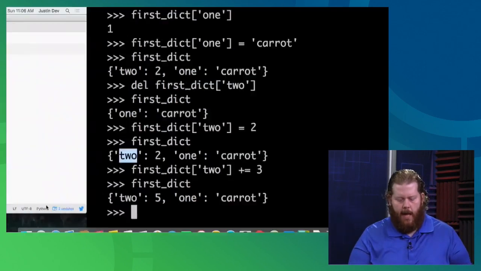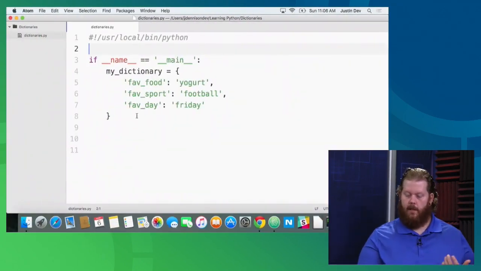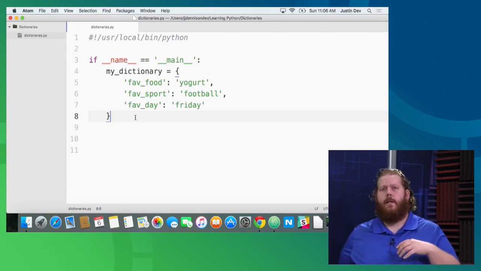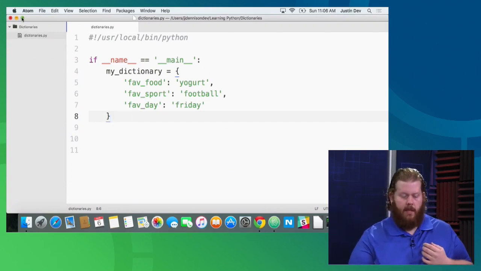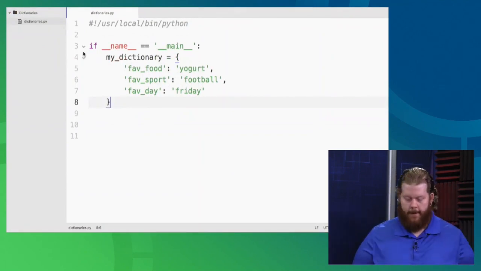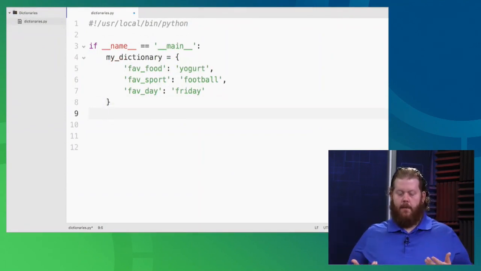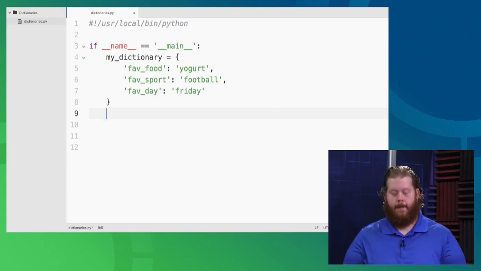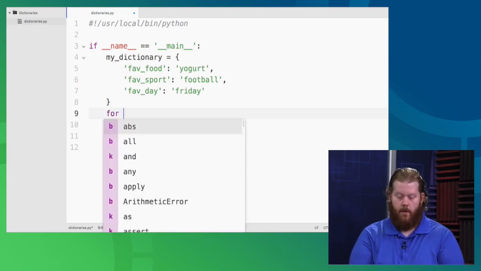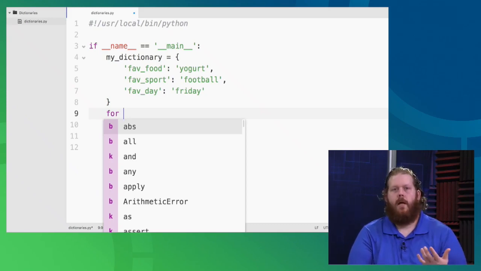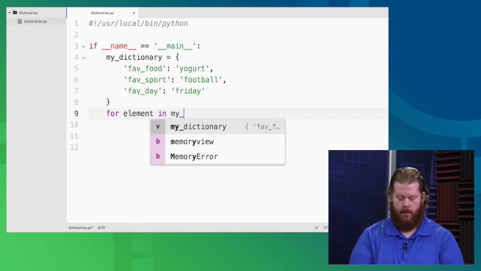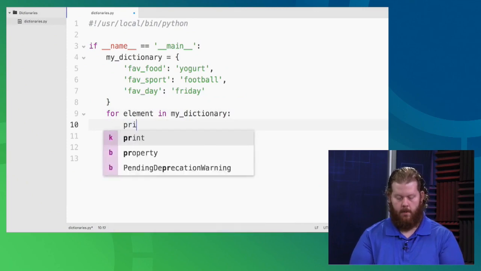And I defined a dictionary like this, and I want to talk about how to iterate through those first, just to see how those work. And then let's do something a little more interesting. So when I iterate through a dictionary, there's a few different ways. I have a key value pair, as I said. So if I say for, right, I'm going to use what I know about lists, for element in my dictionary, I'm just going to print the element.